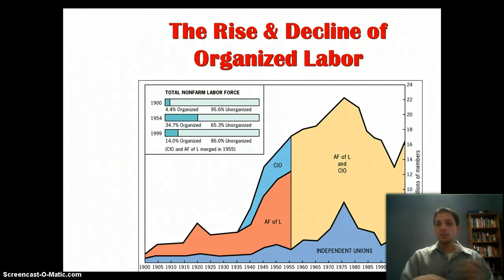And if you notice here, this is another graph that shows what's going on with the AFL, and it really exploded. If you look here, by the 1970s you have huge numbers of people in these unions, and they grow through the early 1900s all the way up to the late 1970s. And that was what we were talking about in class, that by the 1970s we start to deindustrialize, and we change from a manufacturing-based economy into more of a service-based economy. And that's why you see it peak and then start to decline in the 80s and closer to our modern time period.